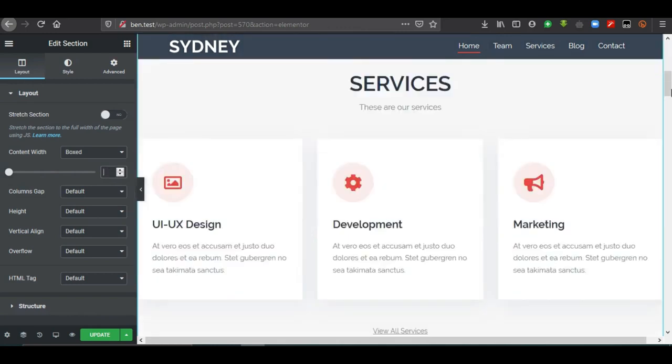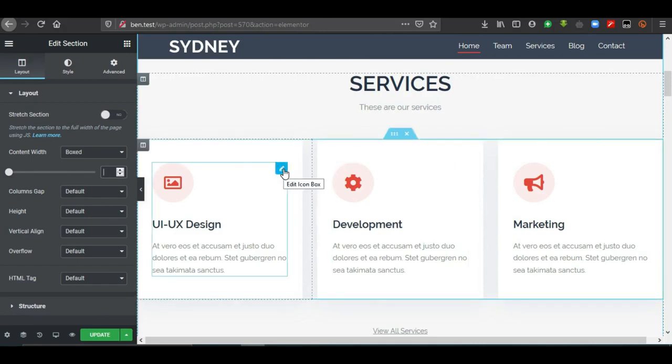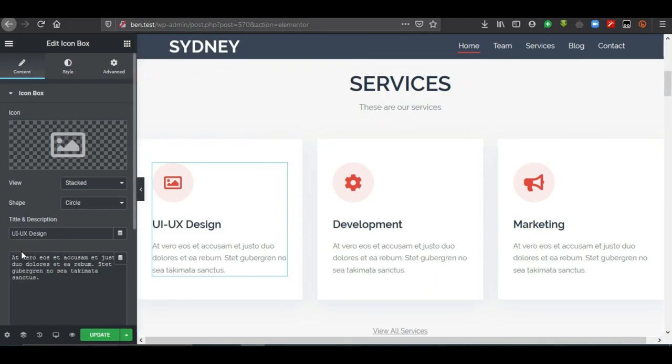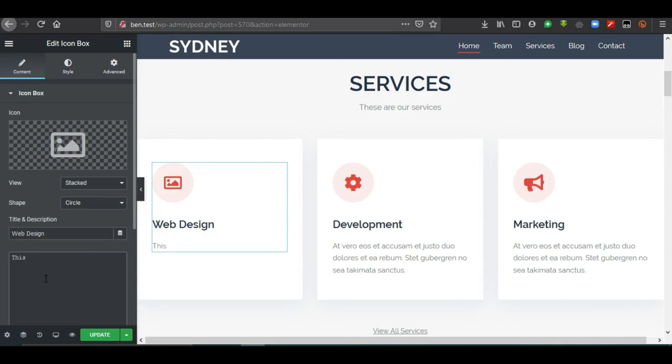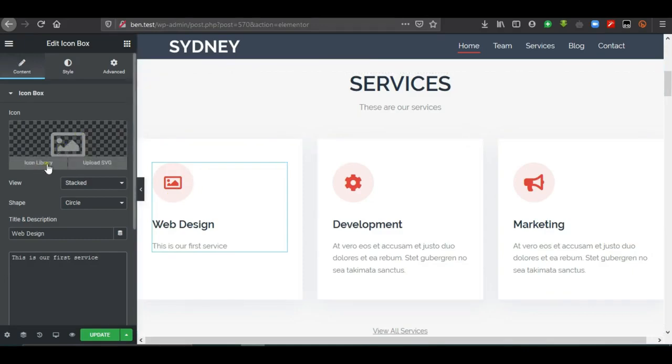So we want to edit each of these services, and of course the way to do this is to hover over it or look out for the edit icon. Just click on it, it will take you to where there are options to be able to edit the particular section. So this is the title, so maybe web design. Then you can also edit this one. So this is our first service,